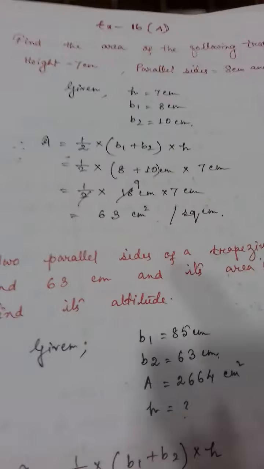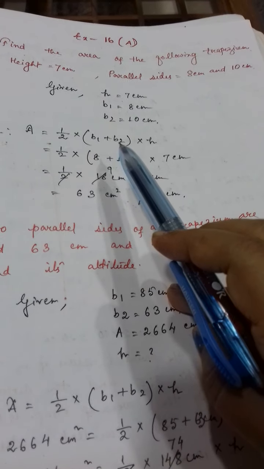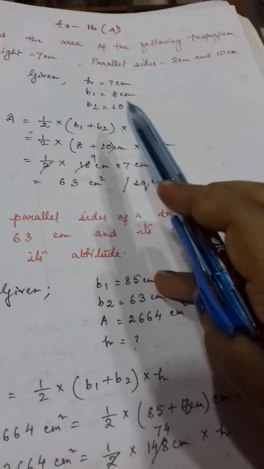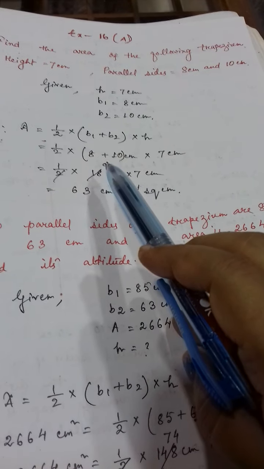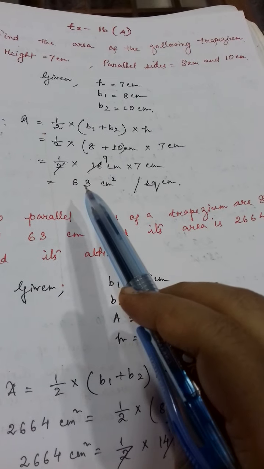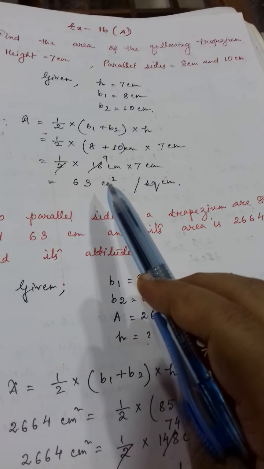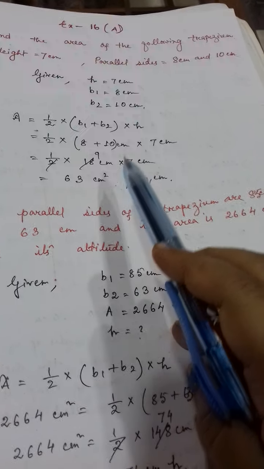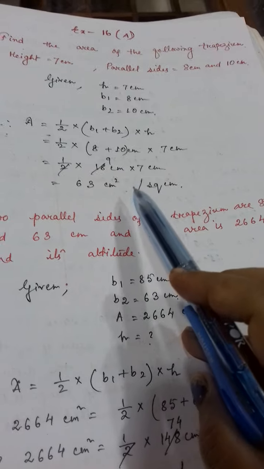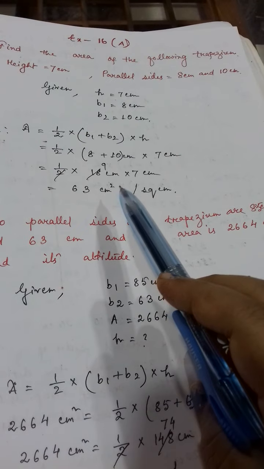the formula, area is equal to half into b1 plus b2 into h. b1 and b2 are the parallel sides and h is the height or altitude. So here simply you will place the values and you will find out the area, and whatever the unit will be, you have to write down the area in that unit. Clear? As it is centimeter and centimeter, so unit will be centimeter square or square centimeter. Clear? It's a must that area unit must be in square.